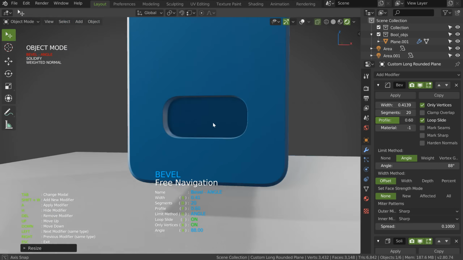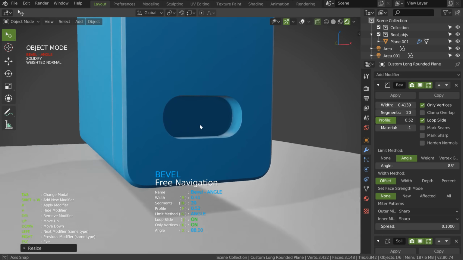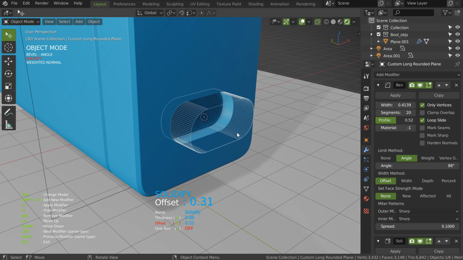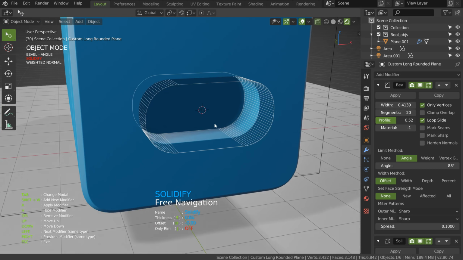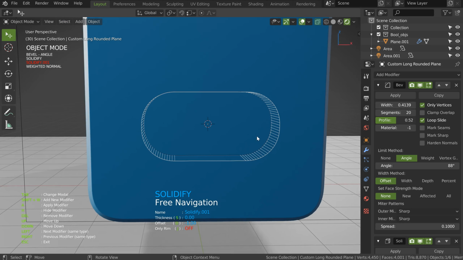I will press 6 to see the result. So I can play with the profile directly here to have exactly what I want. So I will keep this one, it's nice. You can play with the solidify because the object has a solidify, and you can do something like that. You can even, if you want, press Shift W, press G, to have this result, and if you press S, you will create something like that.